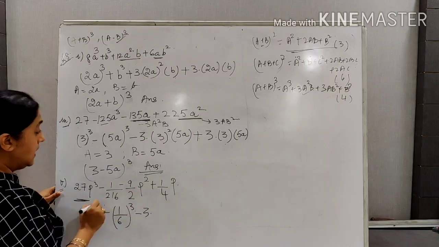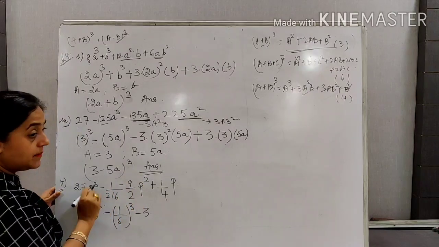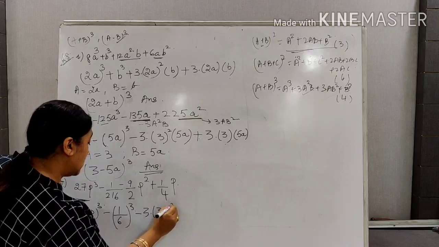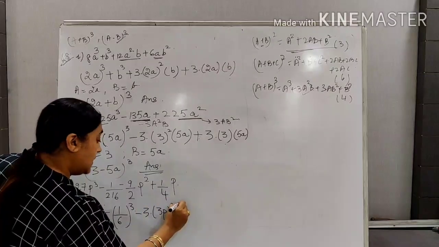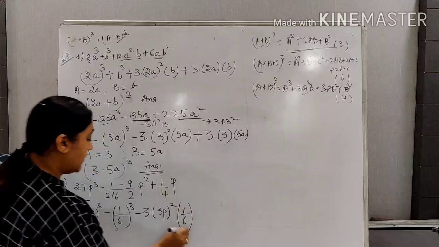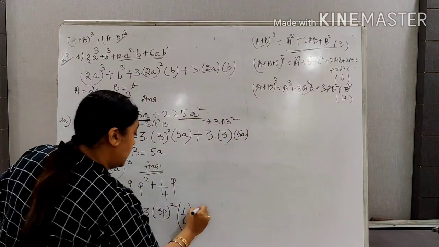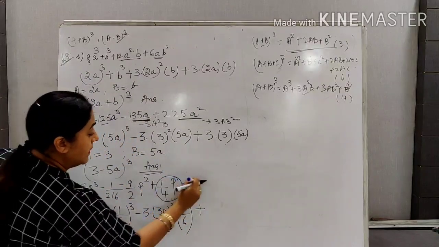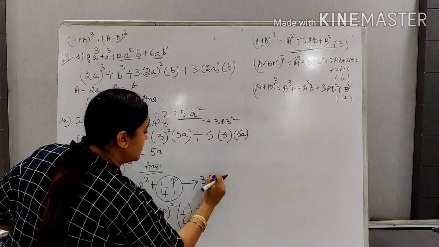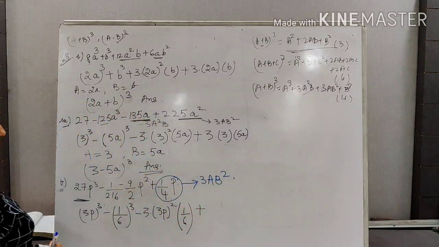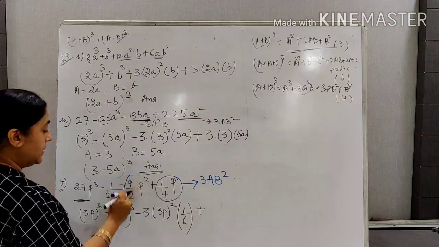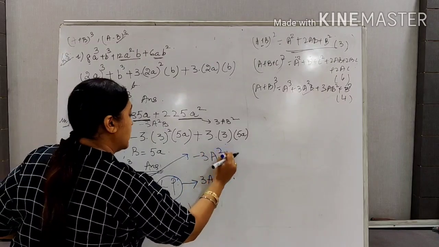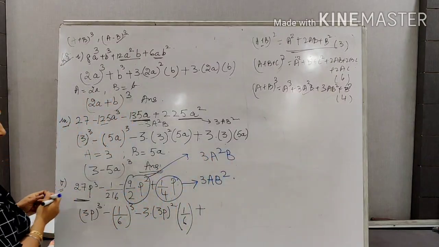Now this is p square. p square means the a term is squared. So I can write it as (3p) whole square. And what is my b? b is 1 upon 6. Now similarly when I am writing 1 upon 4p, 1 upon 4p is the same as positive, so this will be 3ab square. Like when I told you people, this was negative, so it was the same as minus 3a square b. The negative sign tells us that it is the a square b term.